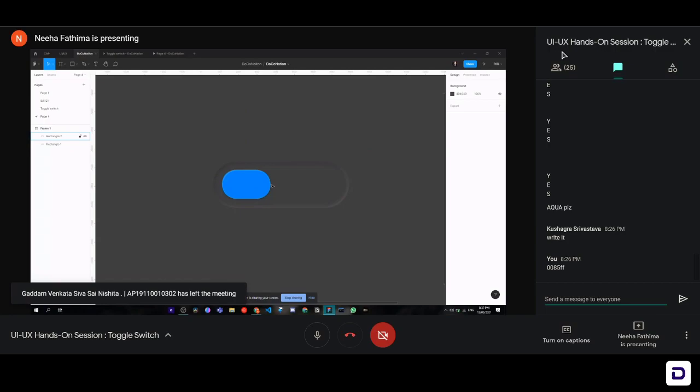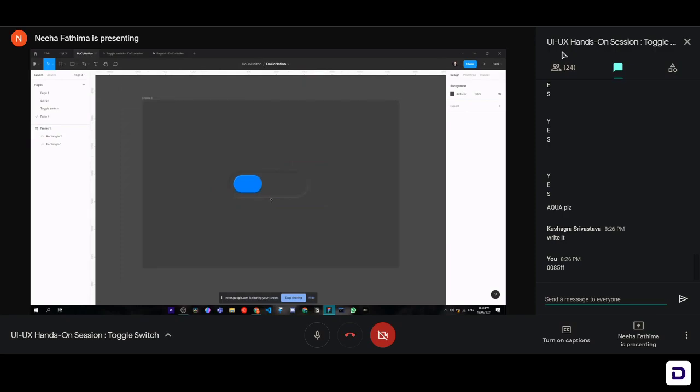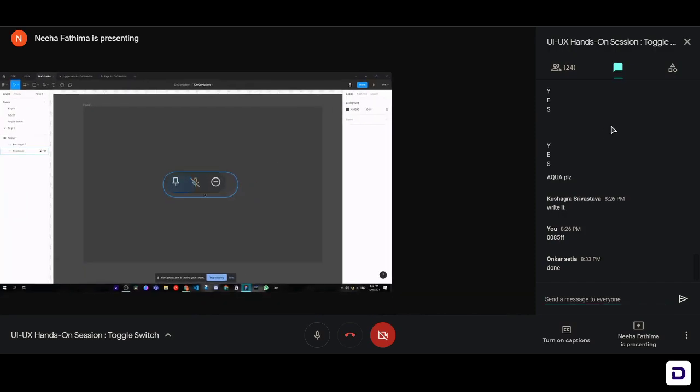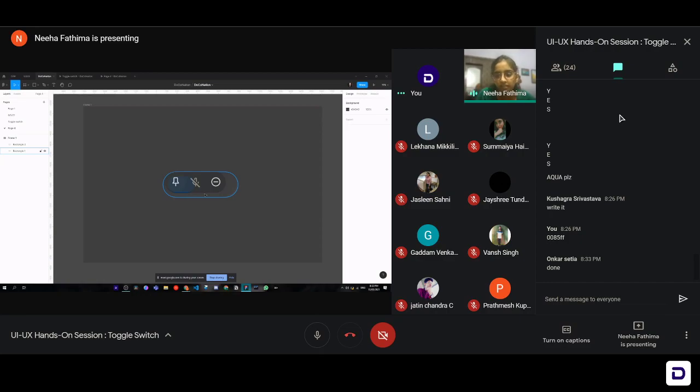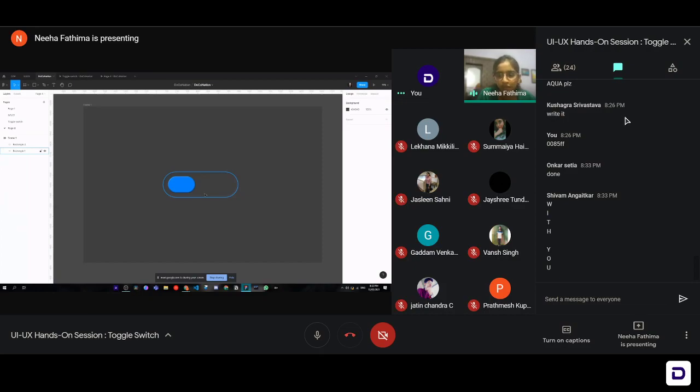So how many of you guys are done with this part? You've morphed the background button and the toggle switch. If you guys are facing any issues while doing this, you can quickly ask me or unmute and talk, or leave a text in the chat box saying what your trouble is, so we can quickly solve it out. How many of you are with me right now? You're done with the background switch and toggle switch. Great, Omkar is done, amazing. What about the rest of you? Are you in the process? Okay, great. Shivan's with me. Great, amazing.